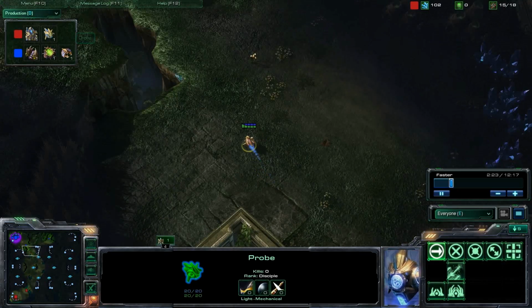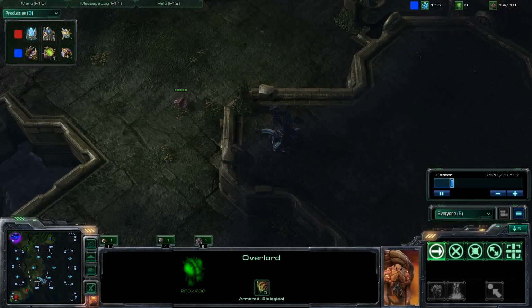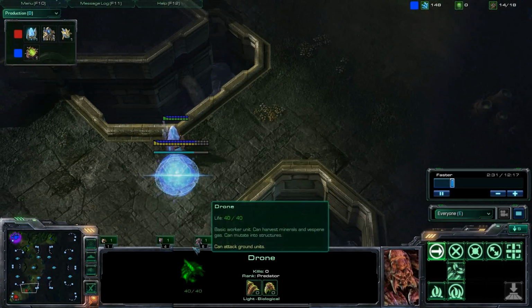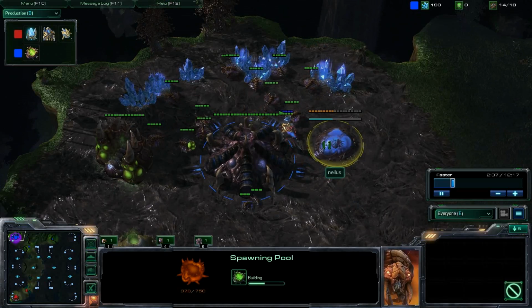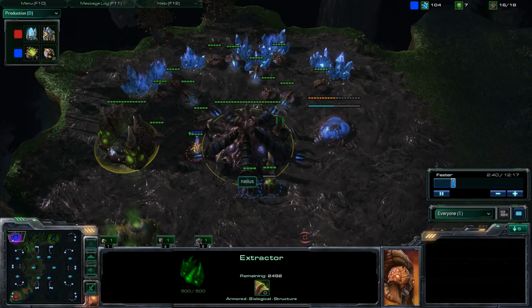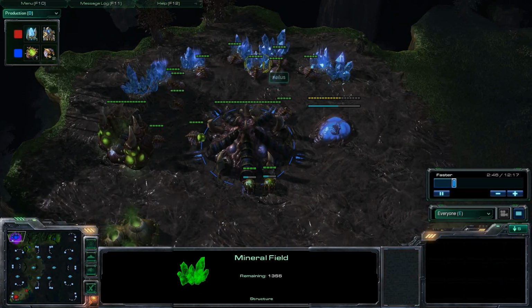I'm sending my first probe up into his base now. Luckily I did send it the right way, which is always good. And also he's sending his probe the right way, so we'll have early warnings as to what each of us is going to do. I'm seeing this spawning pool and seeing the early gas, so I was expecting Zergling speed, but it appears...